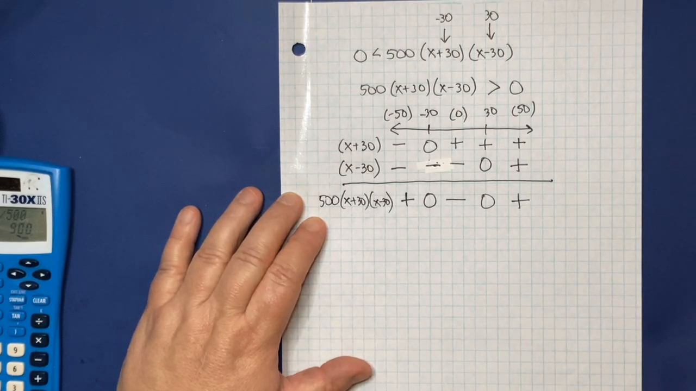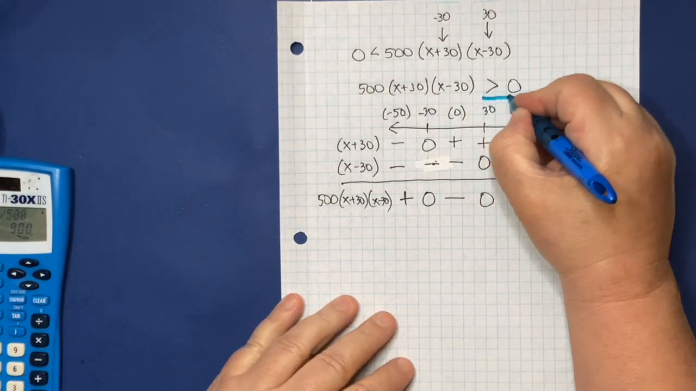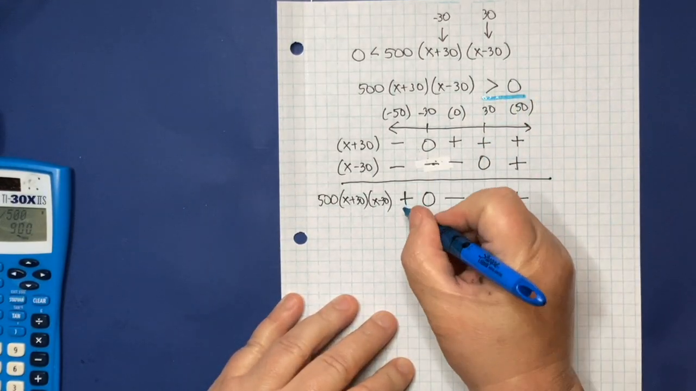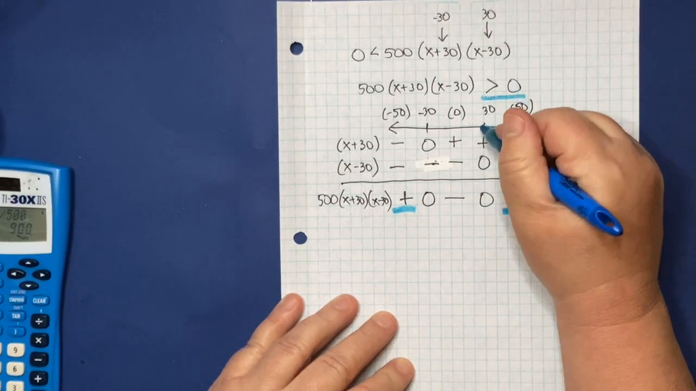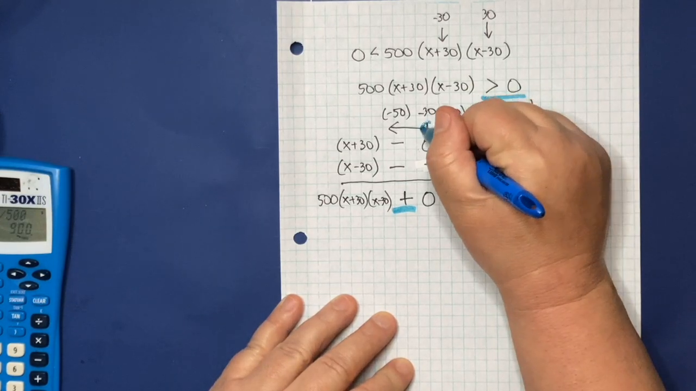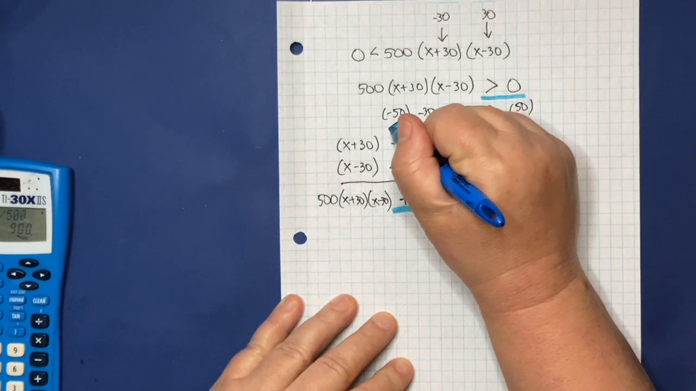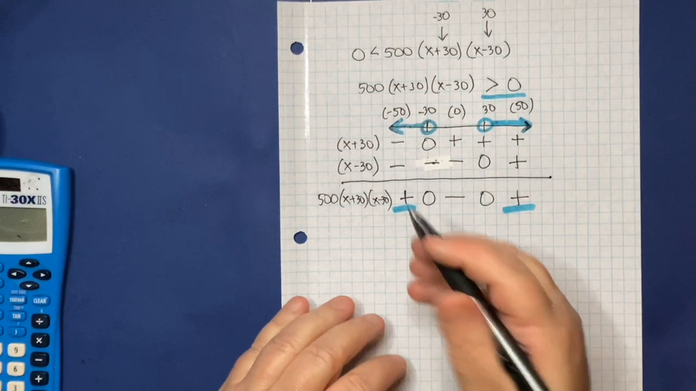Okay, so I am looking for, in this case, numbers which are greater than 0. So I want this and this. So I want to be here, and I want to be here. So my answer is going to be